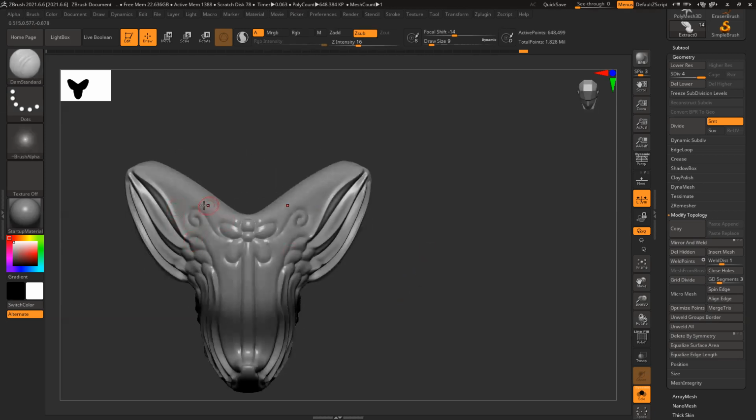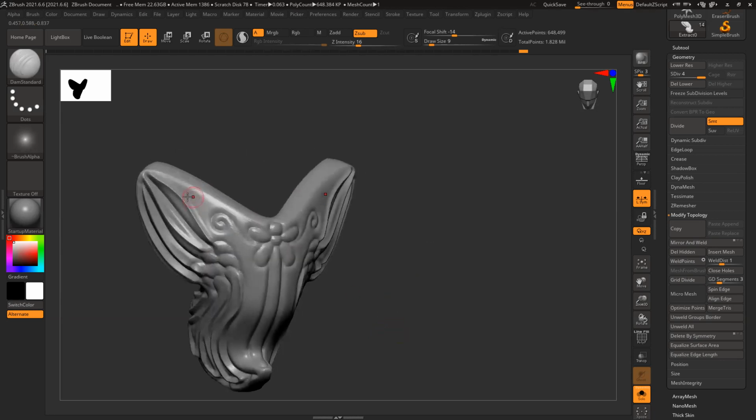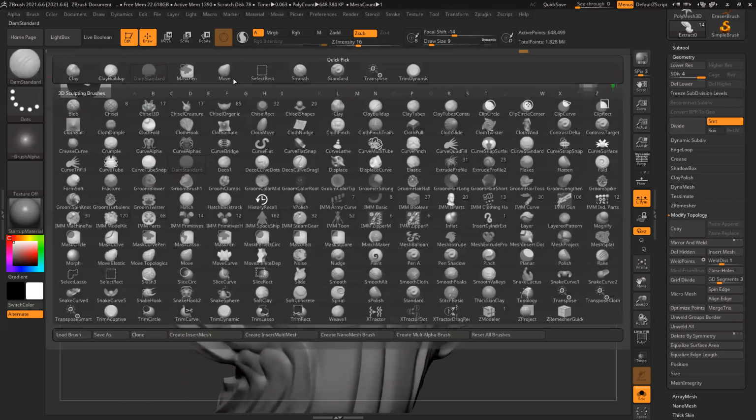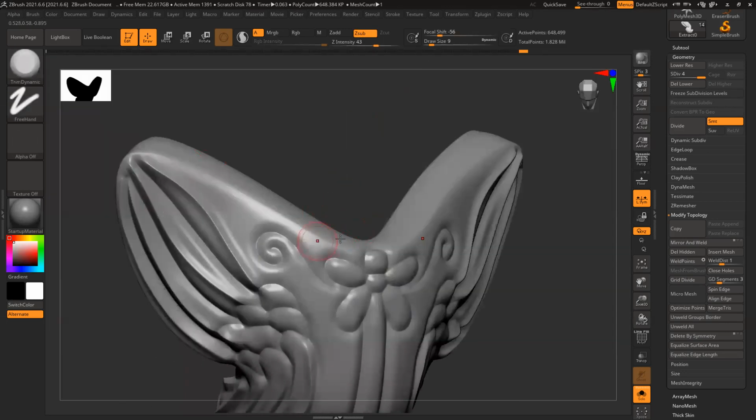And now I see this part is slightly flat in nature. So if I want, I can add those details now. I'll use Trim Dynamics and use the brush side and make it slightly flat.